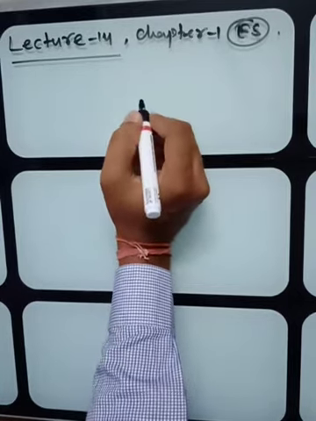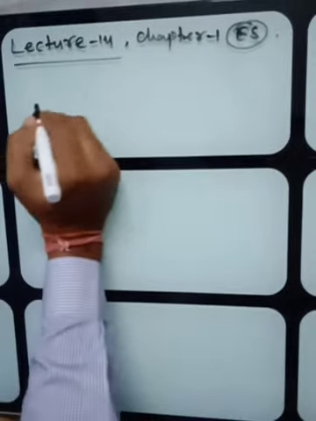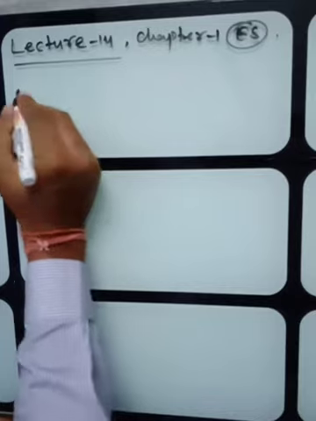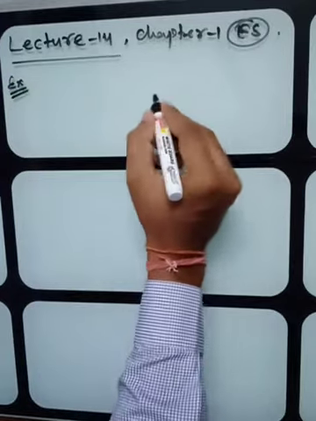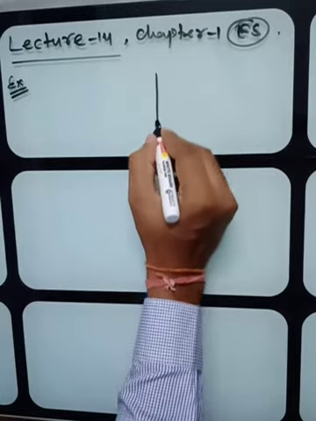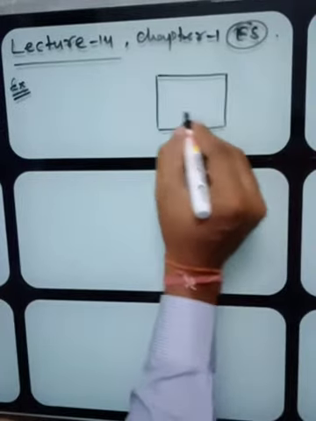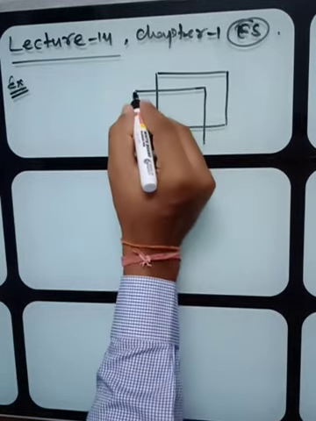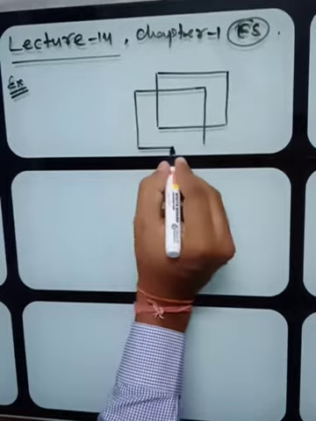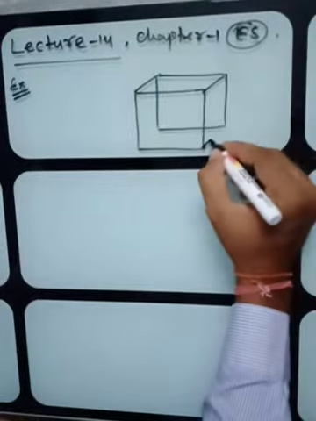I am B.S. Pandey. Students, this is your first example today. Suppose we have been asked to find the electric flux through the individual faces of this cube. This is a cube, a three-dimensional body, immersed